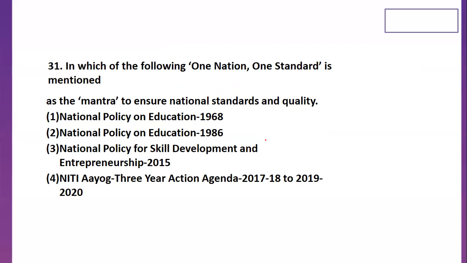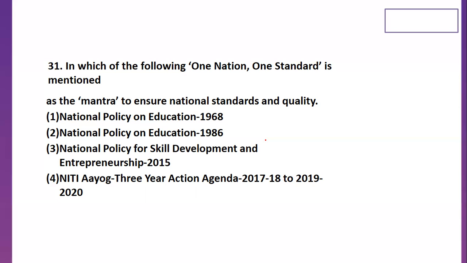In which of the following options given below is the mantra "one nation, one standard" mentioned as a mantra to ensure national standards and quality? So they have given us the mantra. The mantra is one nation, one standard, and that mantra is basically to ensure the standards of the nation and the quality. So what is it comprising of? It is comprising of National Policy on Education, 1986 and 1968,